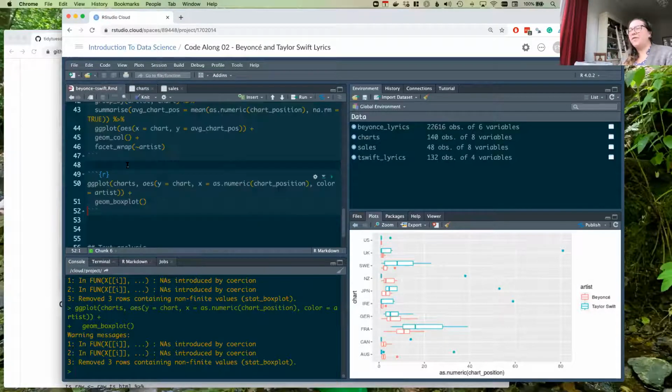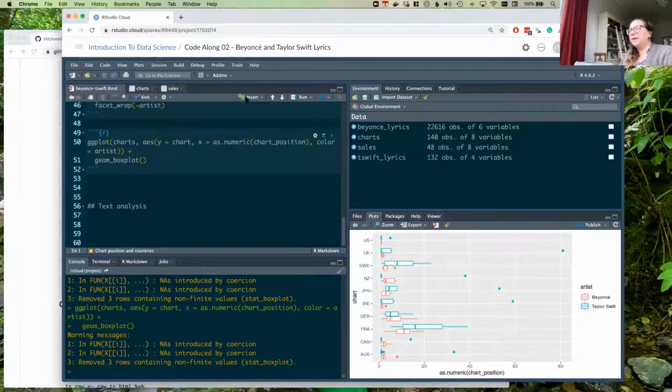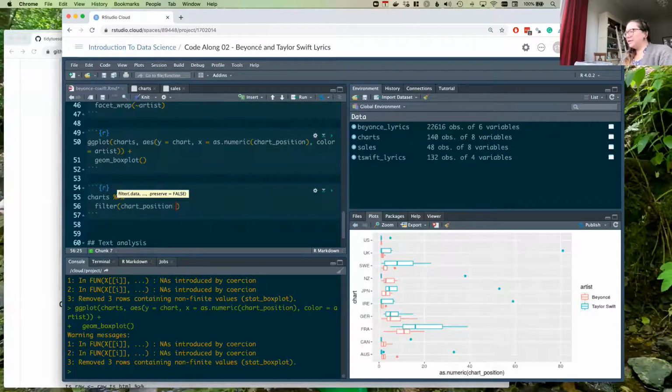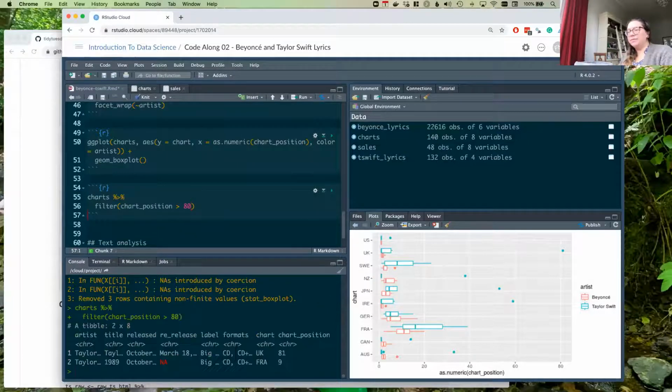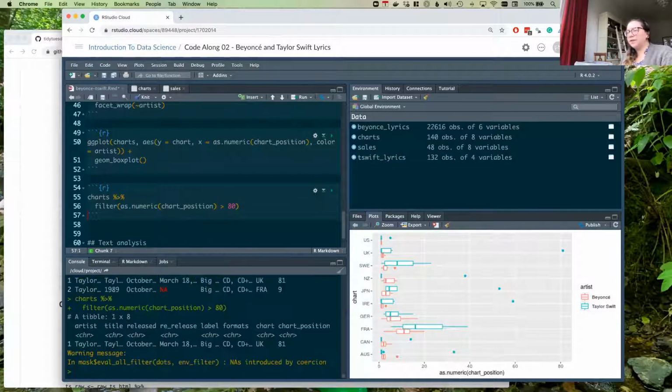Now, another way of figuring out that outlier would be to start with the charts data set and then filter it for where chart position is, we could say, greater than 80. Oh, we have to do as numeric. I keep forgetting that this data is a little jacked up. So we have to do as numeric.